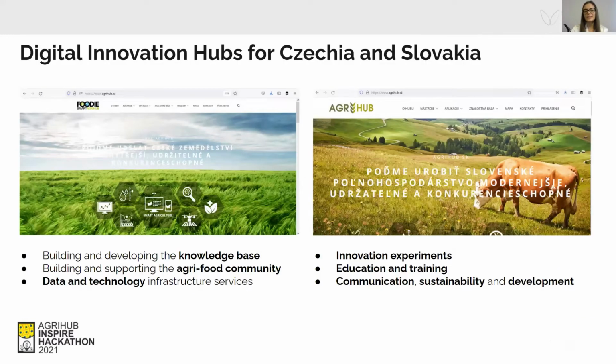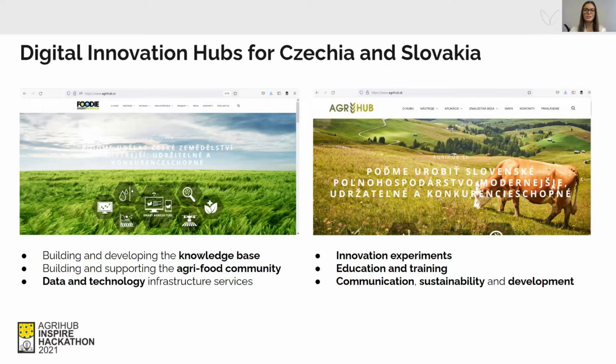The main idea of this 12-month project is to integrate the activities of existing innovation hubs in the Czech Republic and Slovakia, namely AgriHub CZ and AgriHub SK, and to support the interaction of farmers, advisors, machinery manufacturers, researchers, or developers in order to move Czech and Slovak agriculture towards smart farming. In the frame of this project